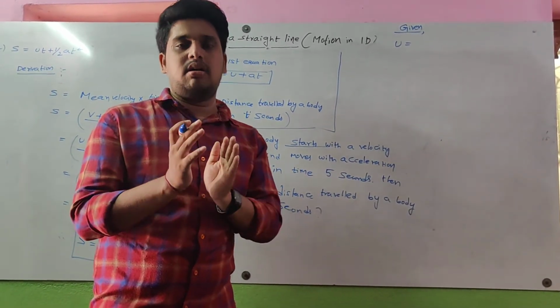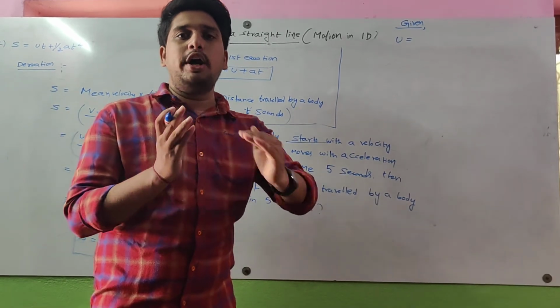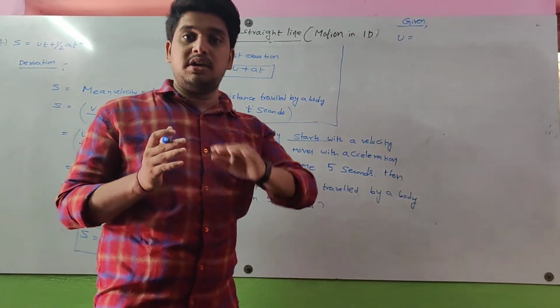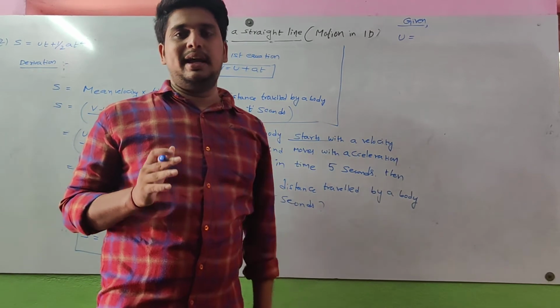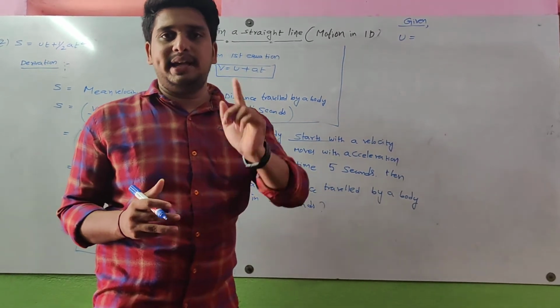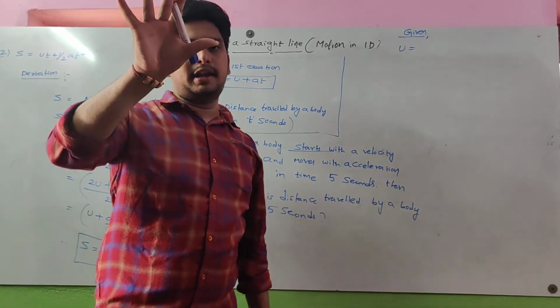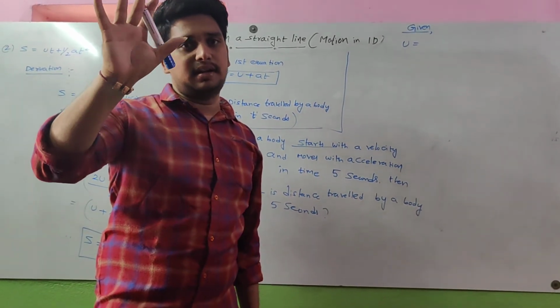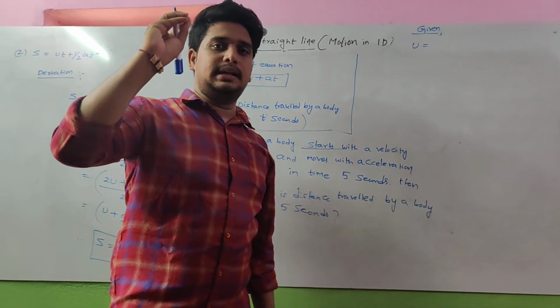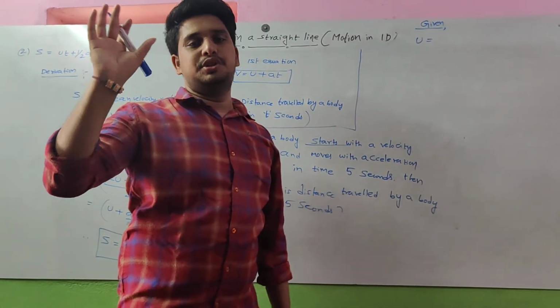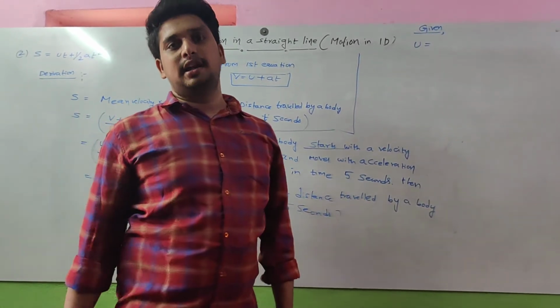Those velocities are called initial velocity. When the body comes to rest, or the body attains a velocity, as given, you should take the attained velocity or the rest condition as the final velocity. Those velocities are the final velocity. Based upon the given question in the problem, we should take the initial velocity and final velocity.